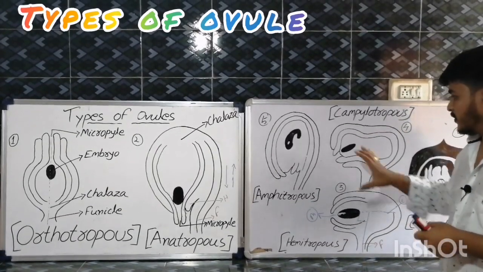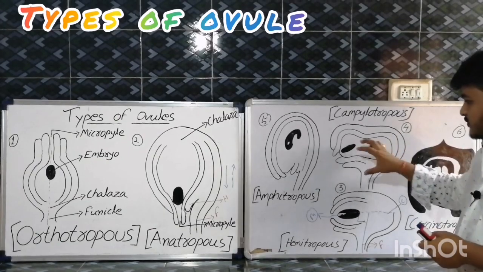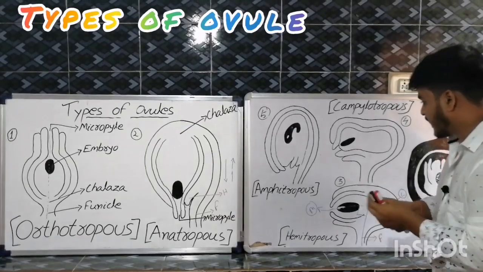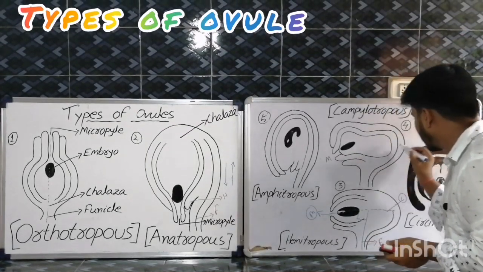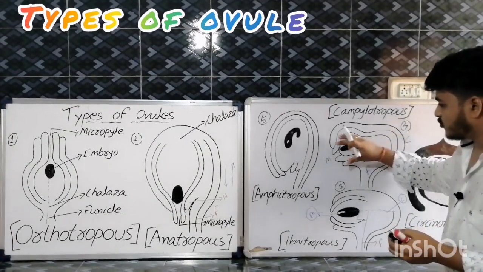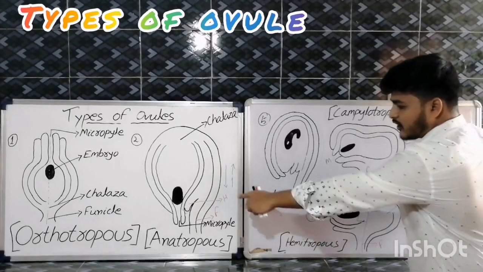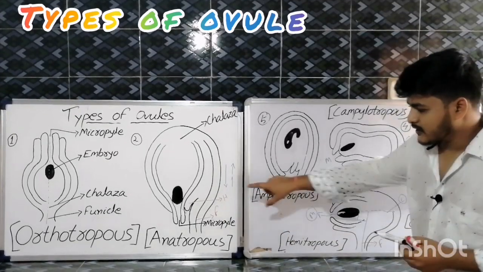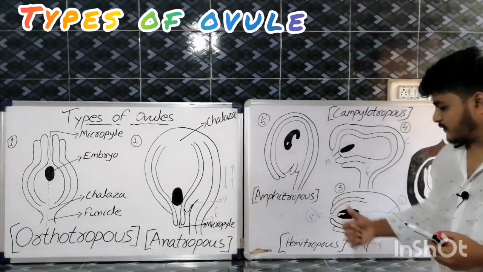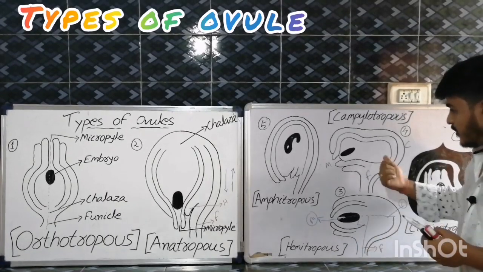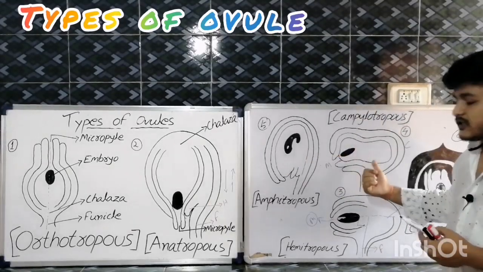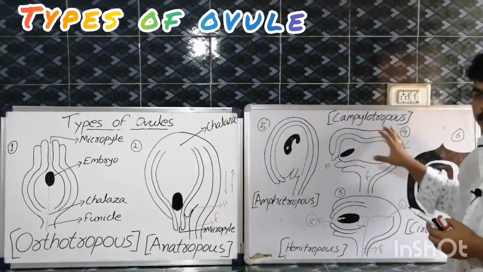But in your campylotropous ovule, the outer structures, that means the integuments, are quite close to each other. The micropylar end, the chalazal end and the funicle part are compressed and come towards a single point, and it is between your hemitropous ovule and anatropous ovule. I again repeat, the anatropous ovule and hemitropous ovule are quite opposite. In the anatropous ovule it is the 180 degree form, in the hemitropous ovule it is the 90 degree form, but in between these it is your angular ovule, otherwise known as the campylotropous ovule.